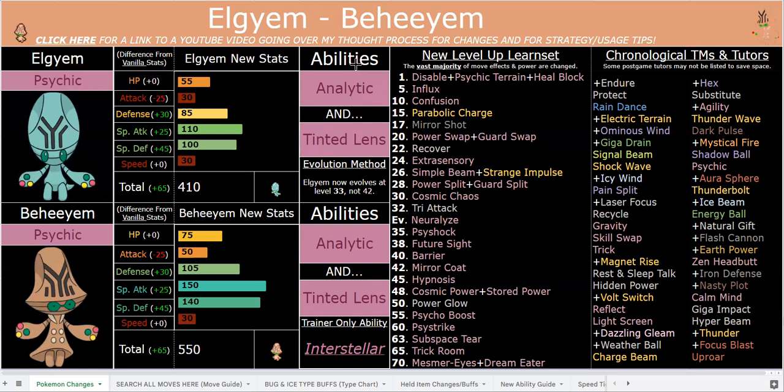Signal Beam even to hit Dark types, if it's a specific dual type Mon that is weak to Signal Beam but not Aura Sphere or something. Not to mention Signal Beam's good for earlier on, and that has a chance to boost your special attack. All these moves are buffed or changed, by the way. Really, definitely give those move sheets a look. It's really important to check out all the new move effects because those are super important to how the Pokemon